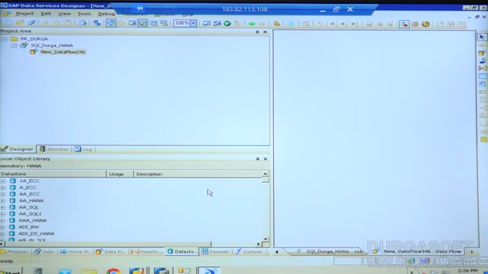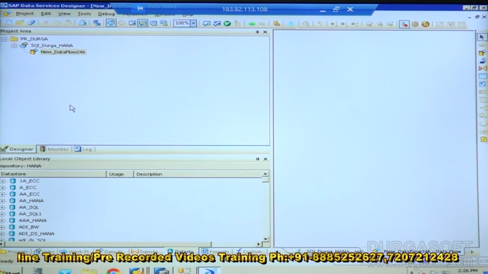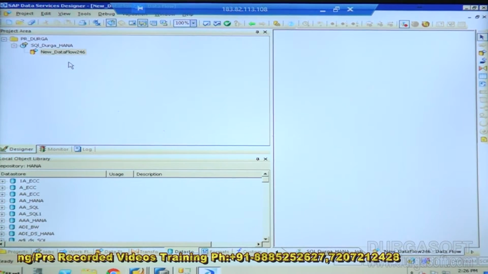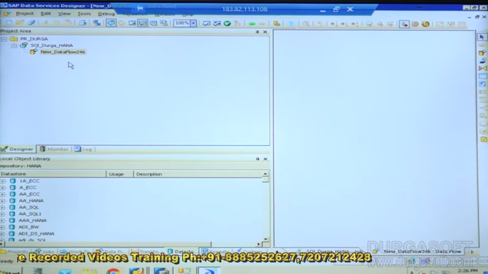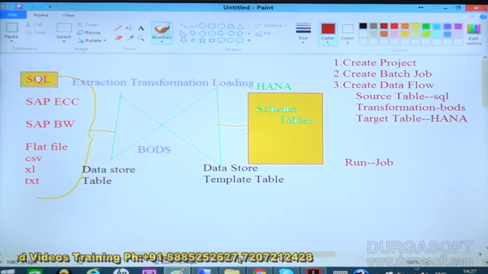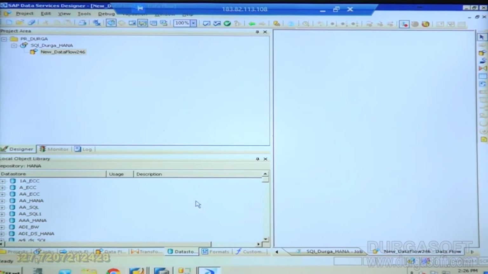So first we need to create a project. Next it will be a batch job. Then the data flow. So once you add your data flow, then we need to create a connection. That's called datastore connections. So as we discussed earlier, once you create a connection, that will be connected here, and we need to use the table option to perform those activities, because the table option will help you bring the table. If you don't have the table, then we can't get the data. So first get my connection. That's called datastore connection.